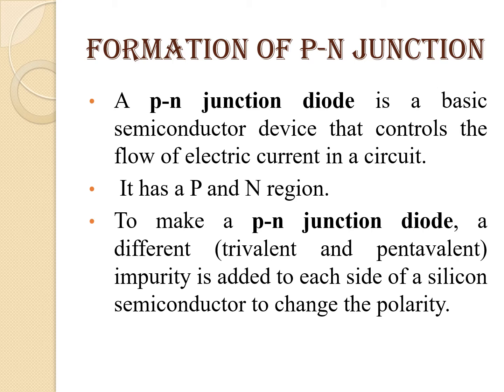A PN junction diode is a basic semiconductor device that controls the flow of electric current in a circuit. It has P and N regions. To make a PN junction diode, trivalent and pentavalent impurities are added to each side of a silicon semiconductor to change the polarity. So here we have seen how the n-type and p-type semiconductors are formed. p-type semiconductors are formed when trivalent impurities are added, and n-type semiconductors are formed when pentavalent impurities